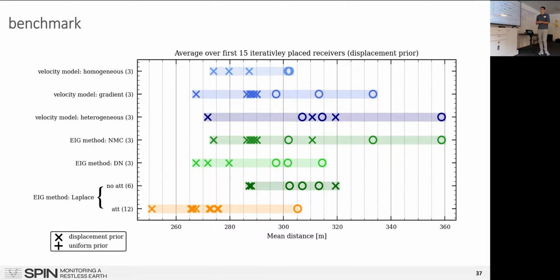And here, the only thing that really changes is that we have two different priors. One is the displacement prior, which is more focused to the top, and the other is the uniform prior, which can be everywhere. And we assumed that the true distribution is this displacement prior. So here in the little circles, you can see all the designs that were generated using this uniform prior. And you can really see that the prior has a really big effect on how good my final design is